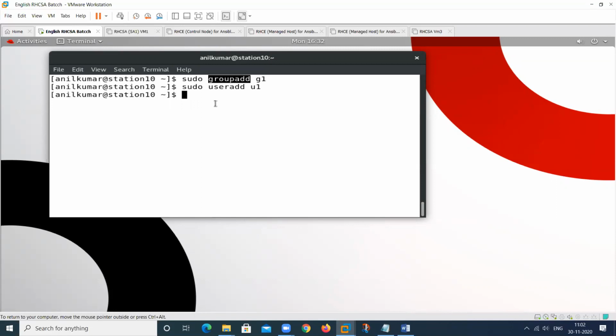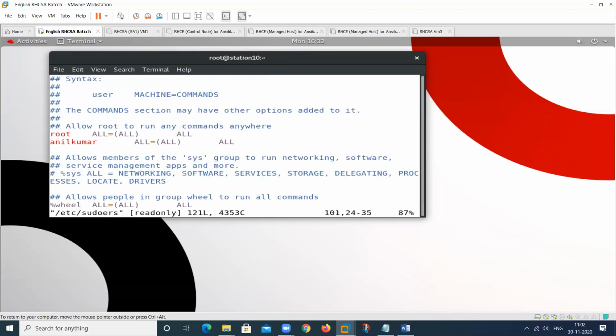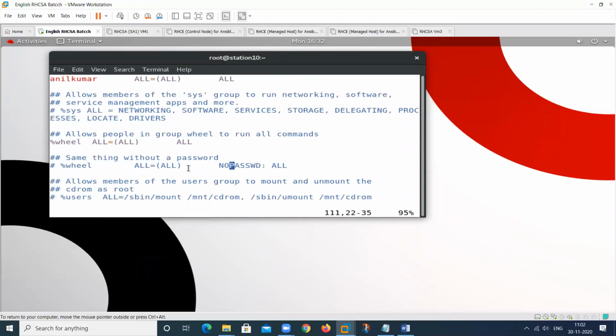So we can specify this particular command. How can you specify? Give this particular information in the sudoers file, and then this particular command will be performed by this particular user. To specify it, we should give the entry in that file. I will show you this. It has some examples also.